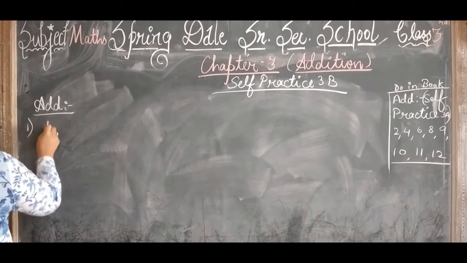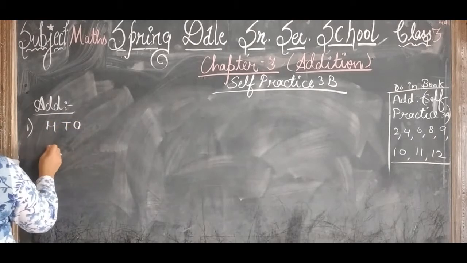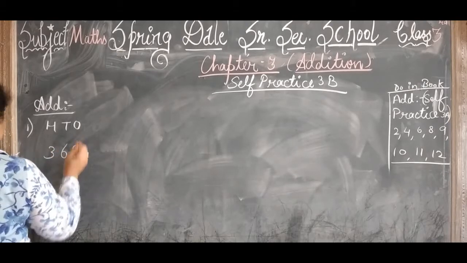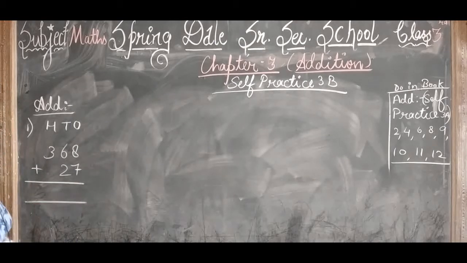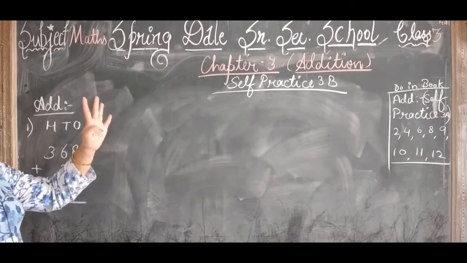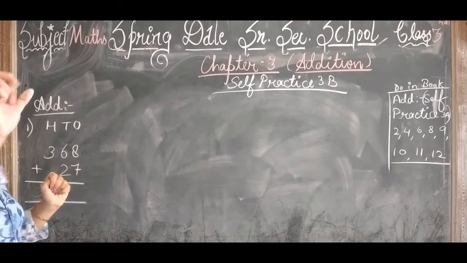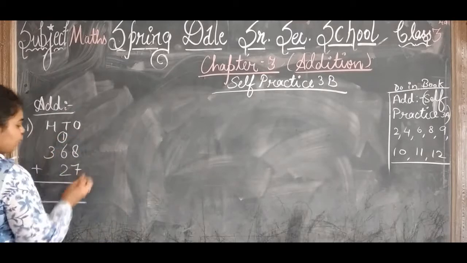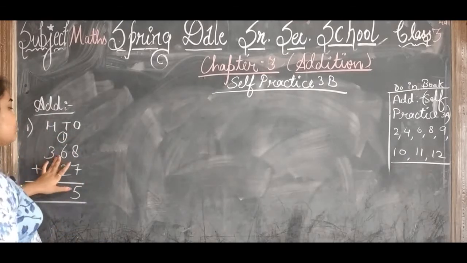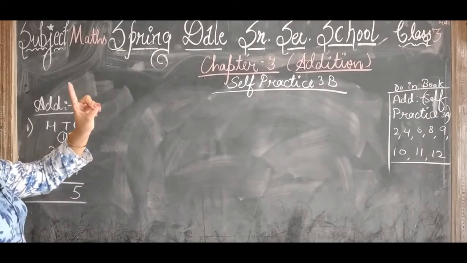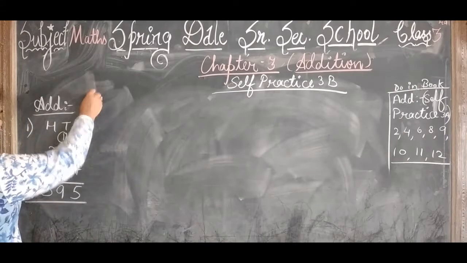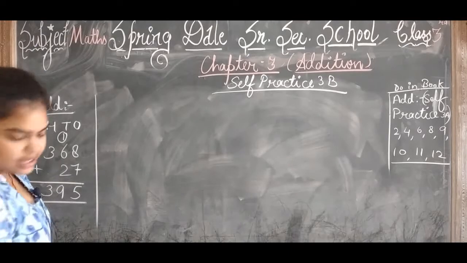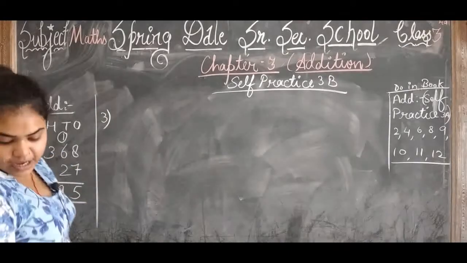First part we will do 100 tens and ones. The number we have 368 plus 27. Now, how you will add? 8 in your mind and 7 in your fingers. After 8, 9, 10, 11, 12, 13, 14 and 15. Now, 1 carry over and 5 is 1's place. 6 in your mind, 2 in your fingers. After 6, 7, 8 and 1, 9. 3 will come as it is. So, what number we get? 395.